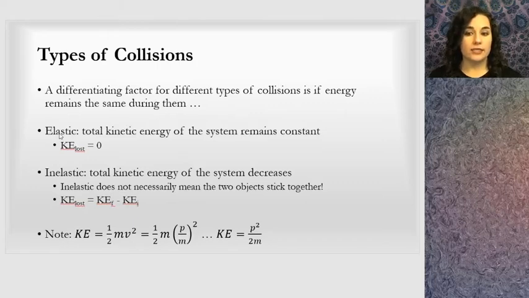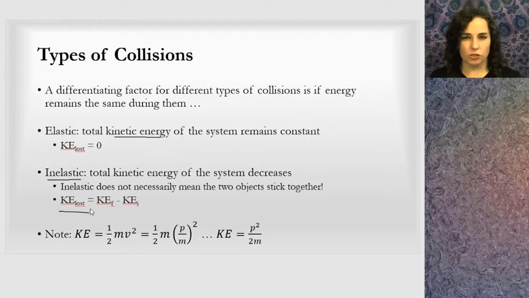Okay, so in an elastic collision, the total kinetic energy of the system remains constant. And that means there's no energy lost to things like sound, heat, deformation. All of the energy that was there to begin with is retained afterwards. So the inelastic is when total kinetic energy decreases in some way. You have some sort of sound or some deformation or some heat loss, right? That there's energy being transferred out of the system somehow, and that results in a loss in kinetic energy,